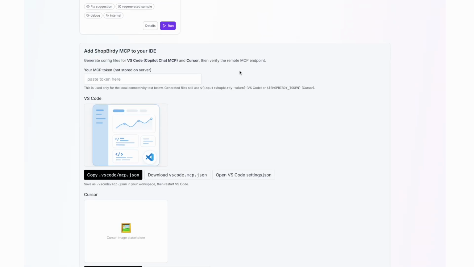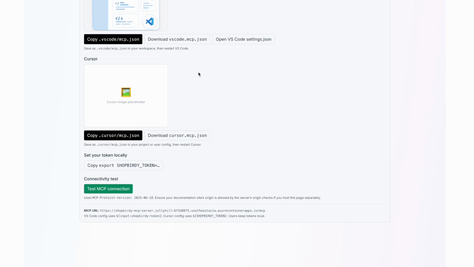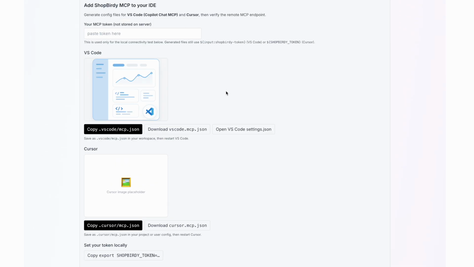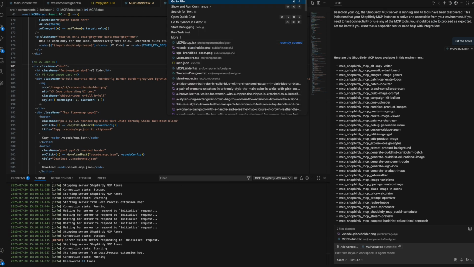So at the bottom here, I've been working on this section called the ShopBirdy MCP setup to allow you to add this directly into your VS Code project or Cursor, for example. And as you can see here, I've placed an image that I've just generated, and now I need to create one for Cursor. So the way you're going to do that is you're going to make sure that you are